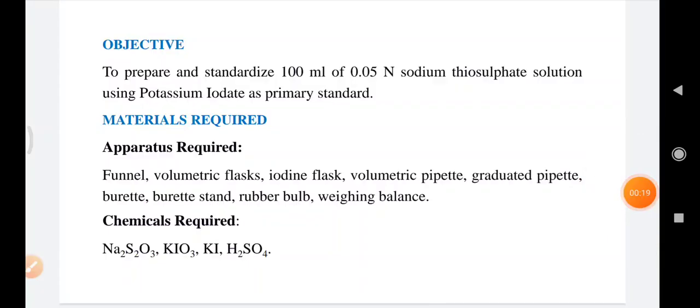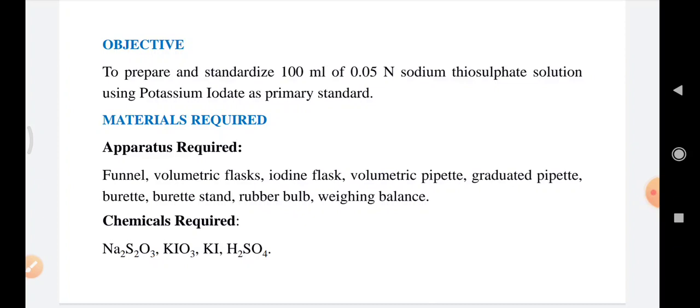So coming to the objective of the practical, what is the objective? The objective is to prepare and standardize 100 ml of 0.05 normal sodium thiosulphate solution using potassium iodate as a primary standard. So the objective is to standardize the secondary standard, that is the sodium thiosulphate, by using potassium iodate as a primary standard. The titration is done by using